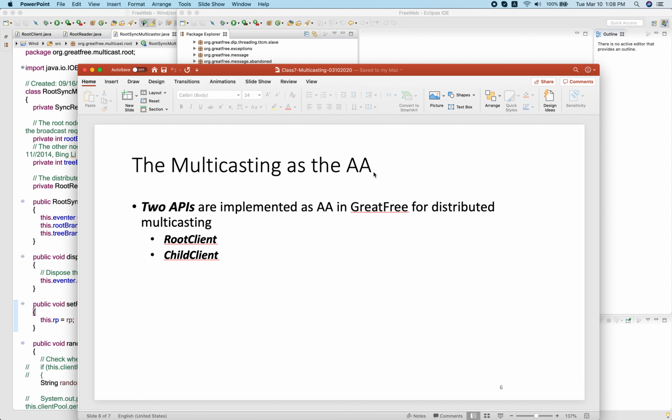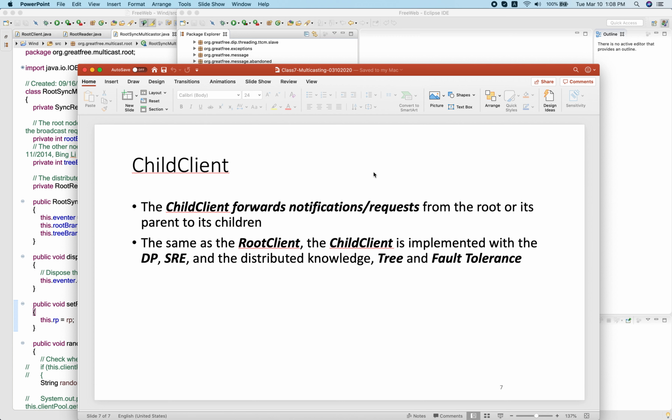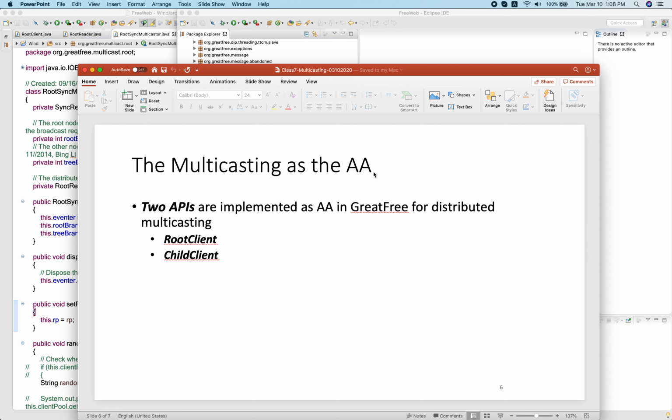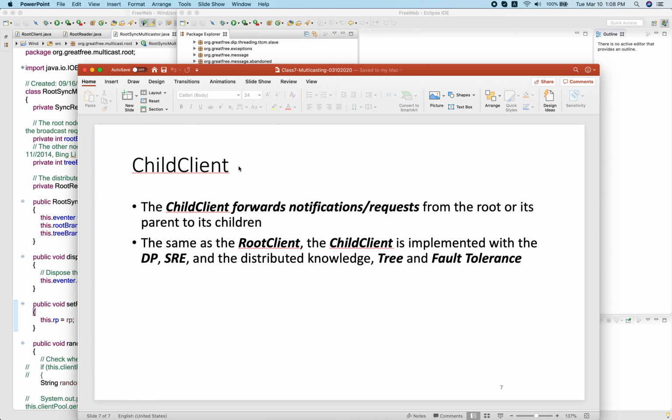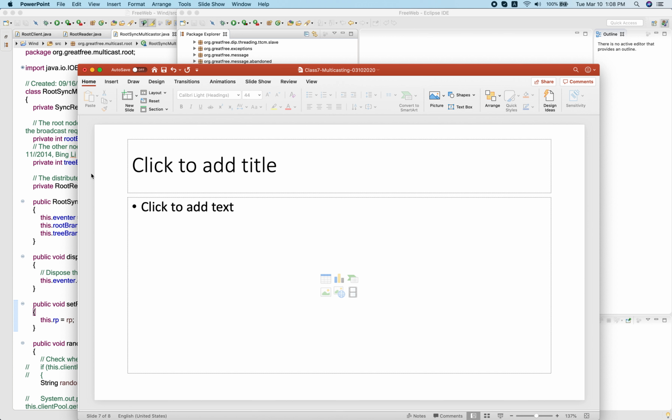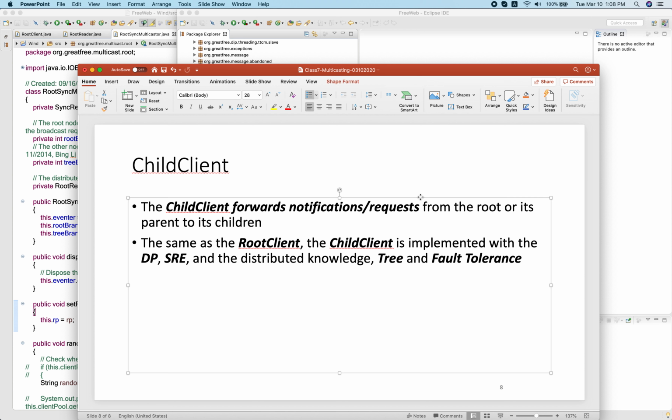You can see here. Maybe I missed at least one slice. I can make it, but it doesn't matter. I can copy and paste because this is almost the same. The root clan,